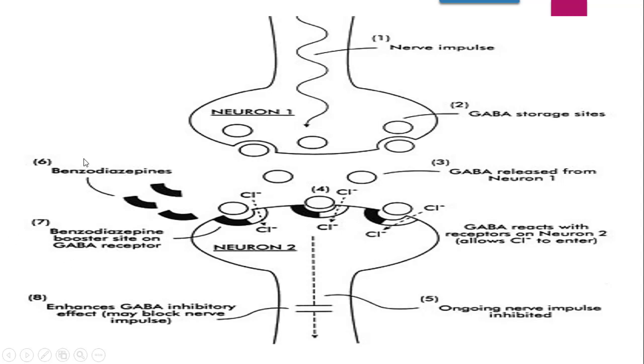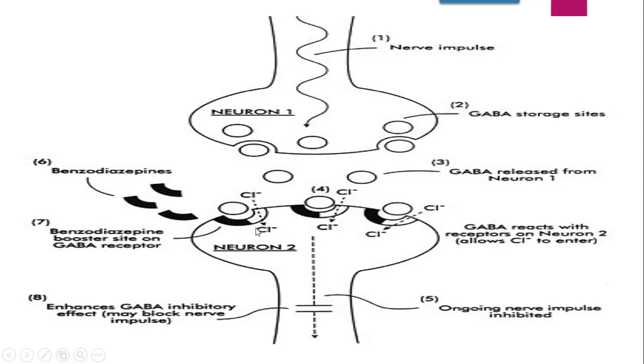But what will happen now? Benzodiazepines will come from here. So GABA is inhibitory in nature. What will benzodiazepines do? Benzodiazepines boost the GABA receptor at its own site. So see, this is the actual site, the location which we have seen in the diagram, alpha and gamma, right? And GABA will bind at alpha and beta. So this is the site for binding benzodiazepine.